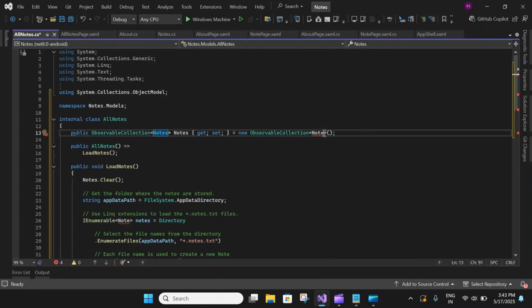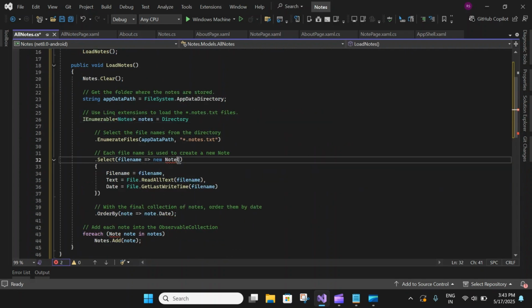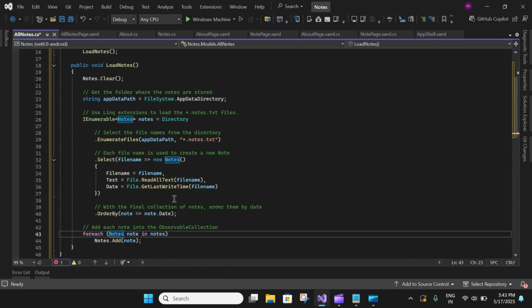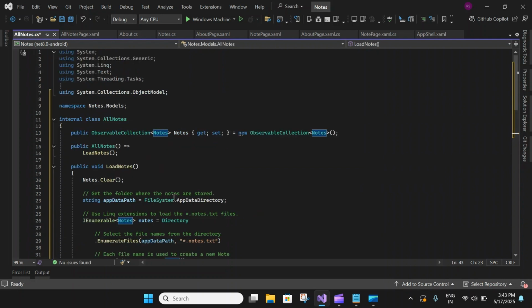So let me make a few changes here, and that's it. So the previous code declares a collection named nodes and uses the load nodes method to load nodes